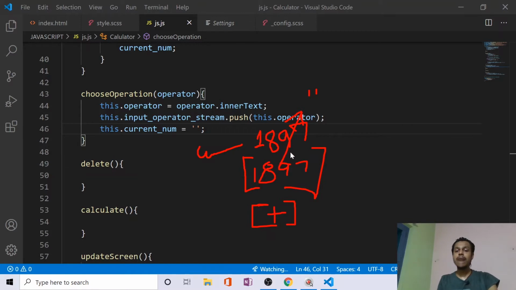This was our previous operand, like 1897, and we click the plus. So what will be the calculation when we go to the calculation part, the calculate method that we will create later? The perfect equation will be 1897 as our this dot current num, plus. That we are storing in an array, although 1897 will be taken from the array, but after that